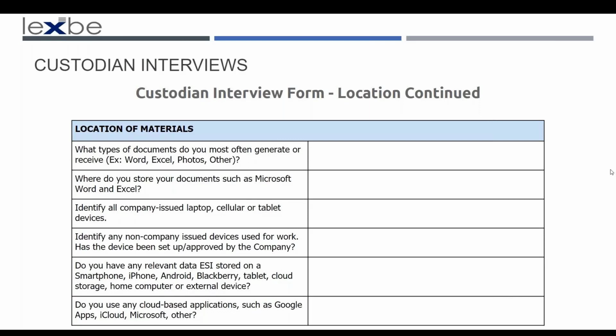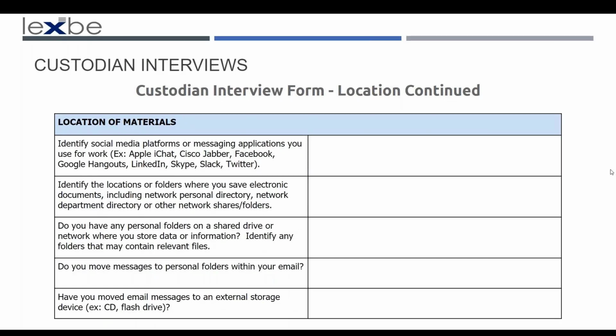Next slide talks about social media: was company information used in either a company-sponsored or other IM or social media accounts of any type. So the main ones are identified there and should ask if any potential information is there where a collection might need to be done. One of the questions talked about shares, personal folders, has any of this been moved, external drives, flash, etc.